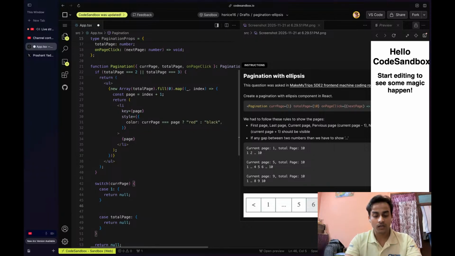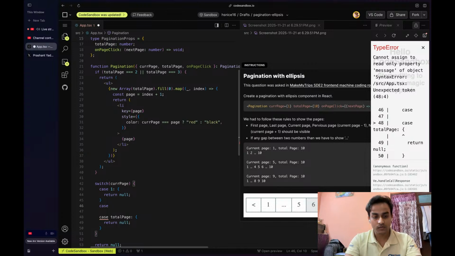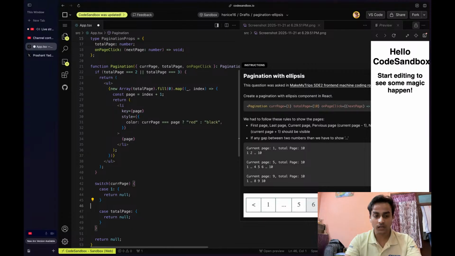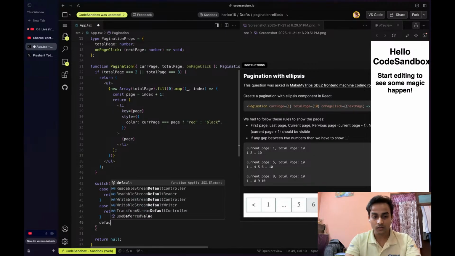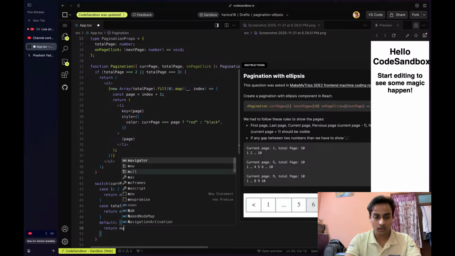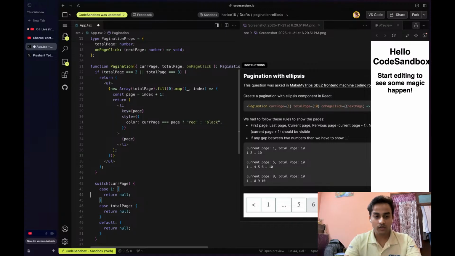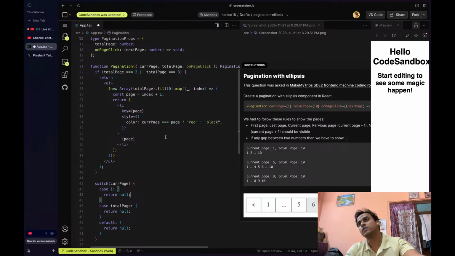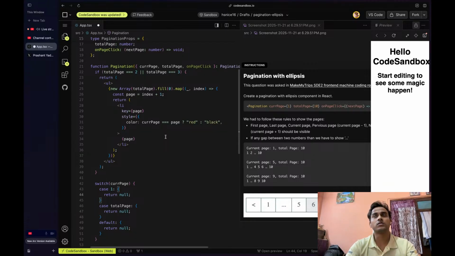And the special cases are, I don't think it is a special case. And in default, we can do something here. Now suppose current page is one, that means it's the first page. In that case, we are sure that total page is not more than 3. What we need is first page, second page there, and last page. So we can simply do